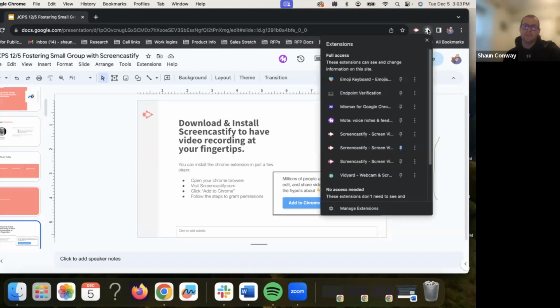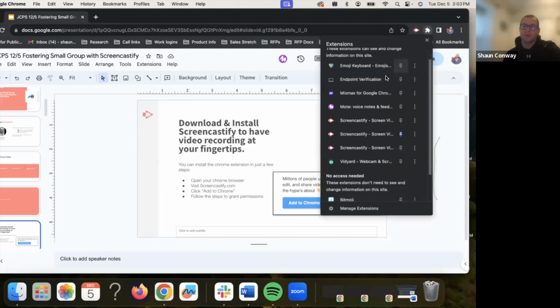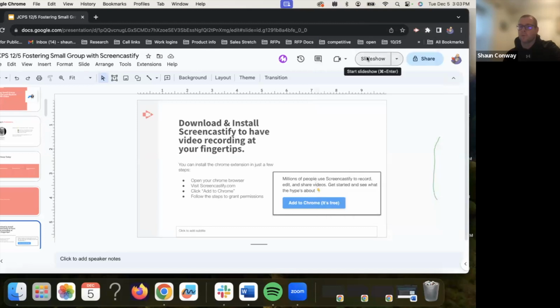And if you don't see it, there is a puzzle piece next to it where you can scroll down, find Screencastify, and then click on that pin, at which point when it's filled in, as you can see, as I'll do with Moat, I clicked on it, and now Moat is a visible Chrome extension. So that is how you pin it so that it is easily accessible for your use. If you don't see it and can't find it, do try to navigate over to screencastify.com and download it. But being teachers of JCPS, from my understanding, you all should have that pre-installed on your device. But if you don't, again, just try to give that a download, please.